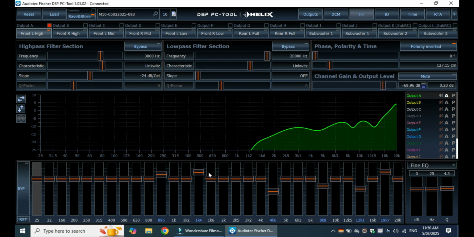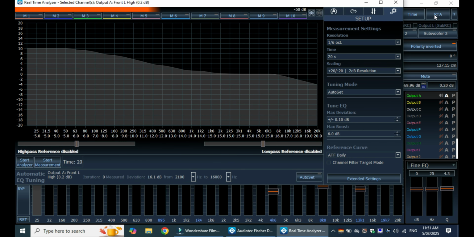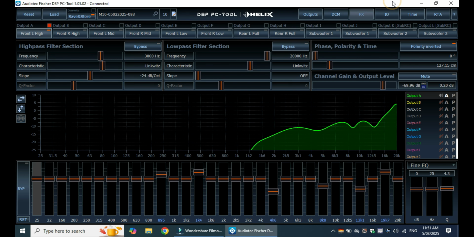And here we are. So here we are in the familiar Outputs tab. We'll be spending our time, if you click on the upper right, in the Real-Time Analyzer tab. If you haven't watched my tutorial on the RTA tool, go and have a look at that first, because it explains all the settings and features. But today's tutorial is on how to use it to actually do some auto tuning. So the very first thing we're going to do is